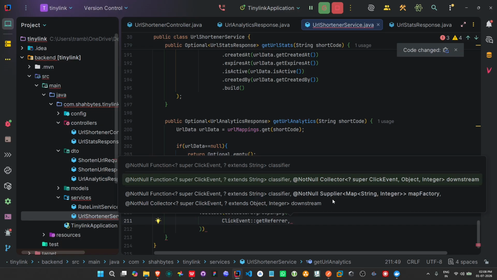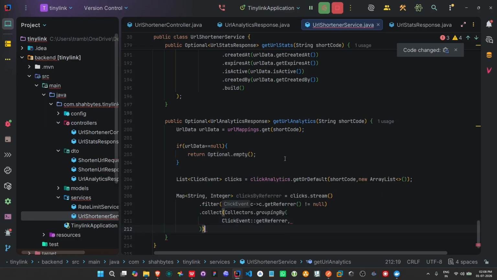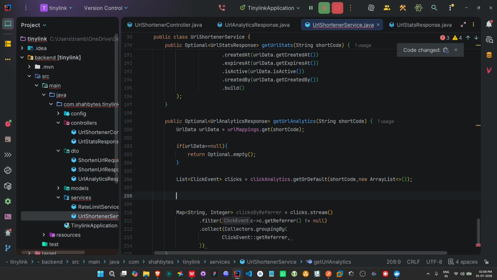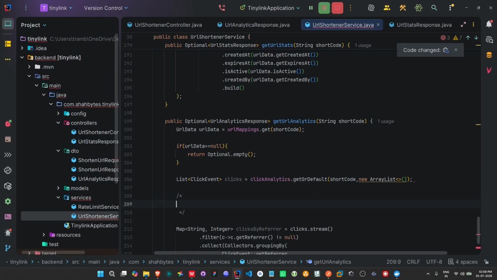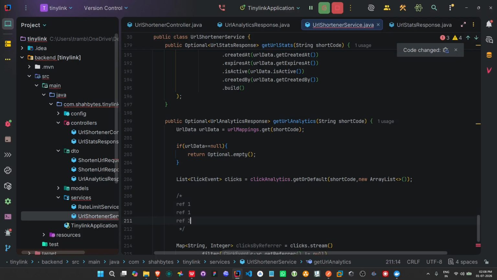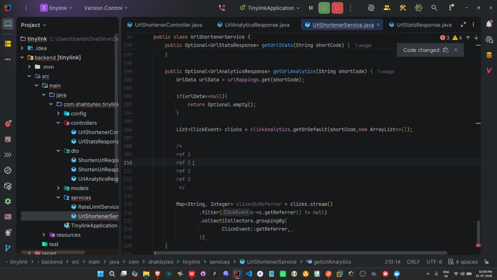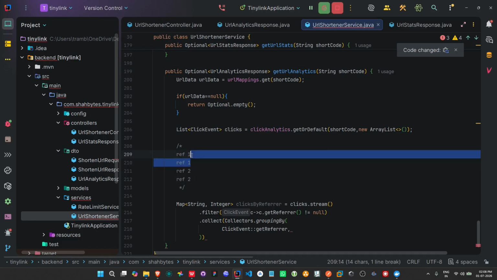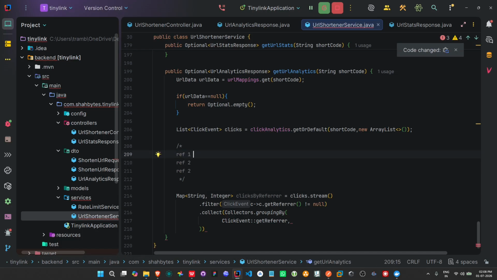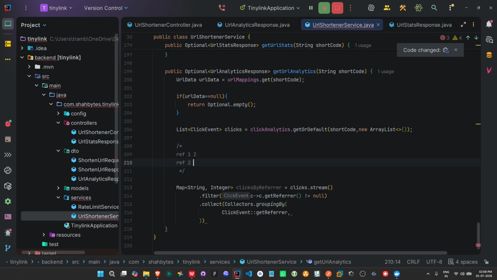So if we have multiple referrers, for example, ref 1, ref 1, ref 2, ref 2. Okay, so there are multiple calls from the same referrer, so it will group these two into only one entry and create the sum as 2 because it was twice. For ref 2 it will also create it as 2, so we need to create it like that, grouping by